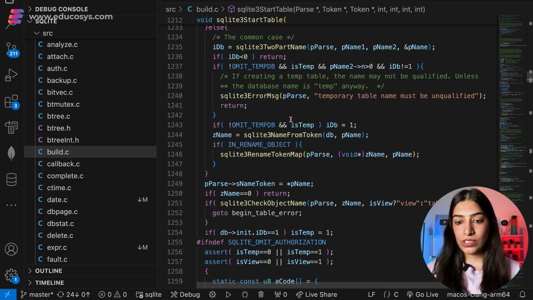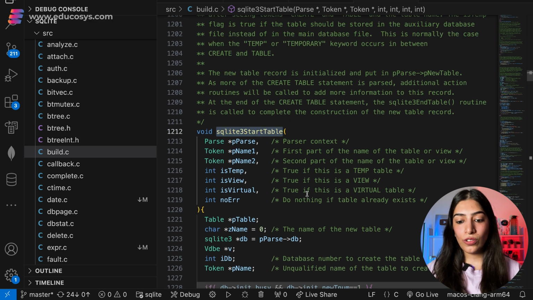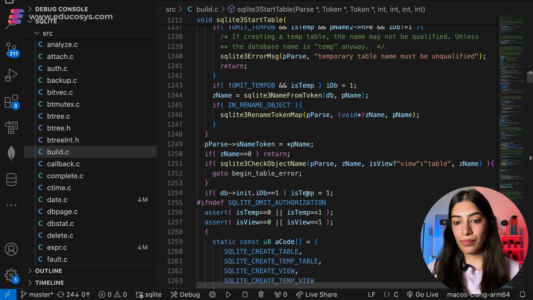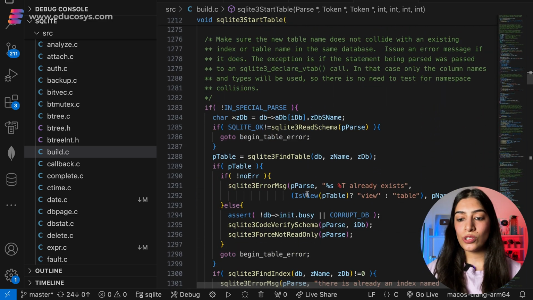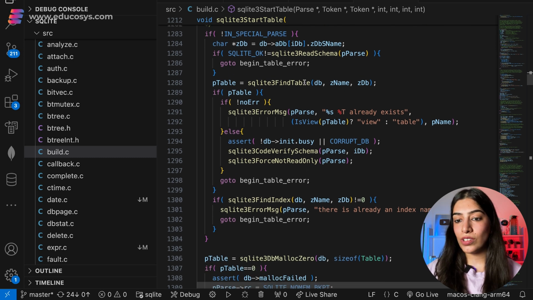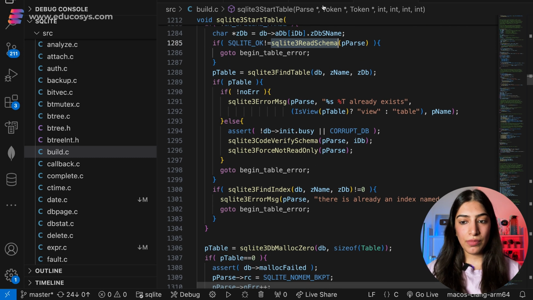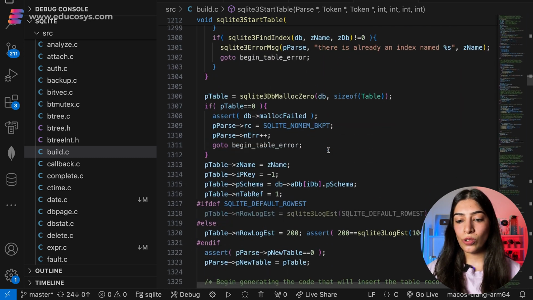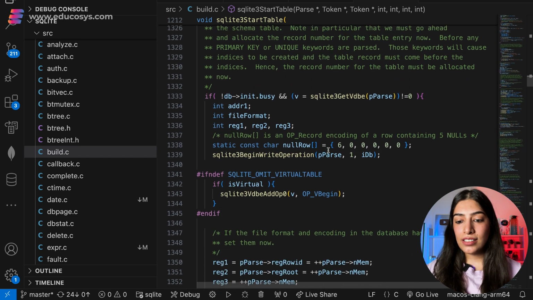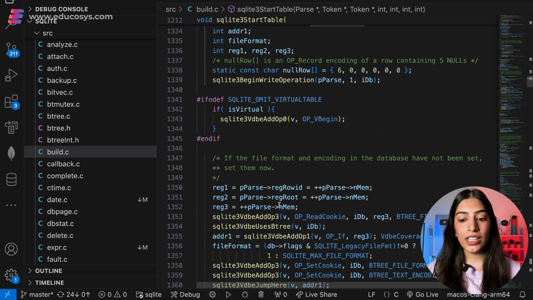So if we come to start table over here, and if we go down, see, there are a bunch of things that are happening over here, and I will explain this to you. We will debug this also, so just stay with me. So first thing, we are reading schema. This is one crucial thing. I will explain to you why it is crucial. And other than this, if you go down, you will see there are a lot of VDBE calls